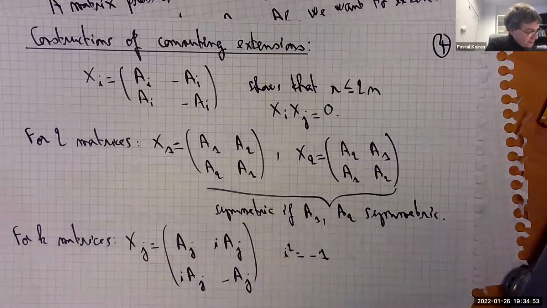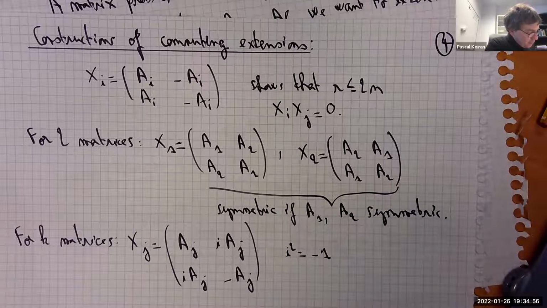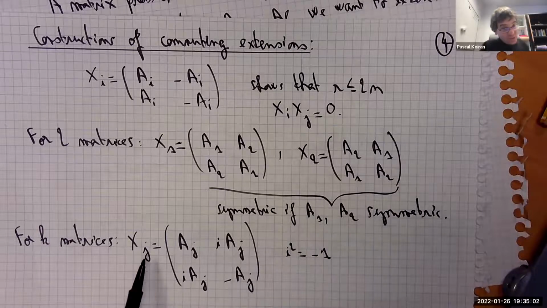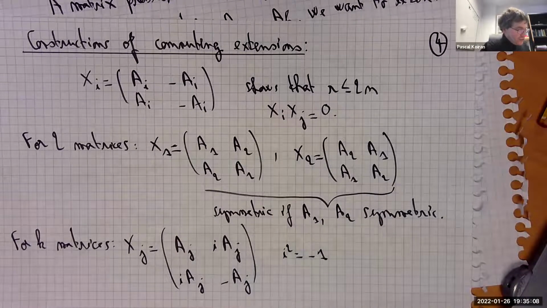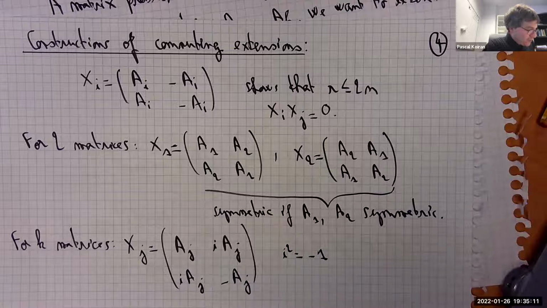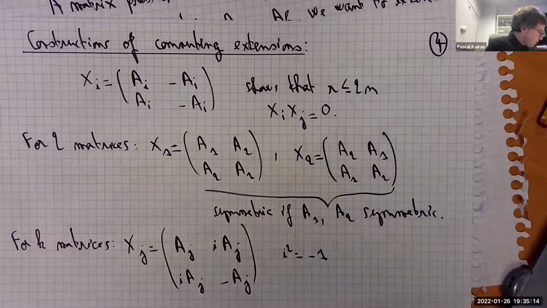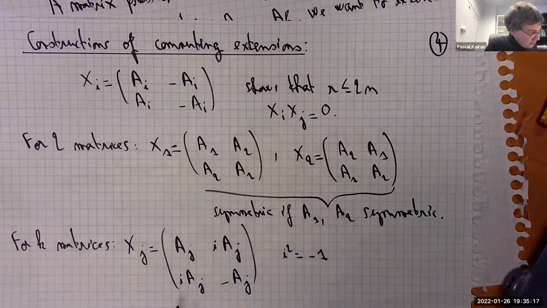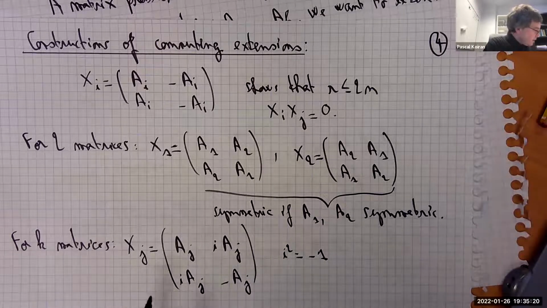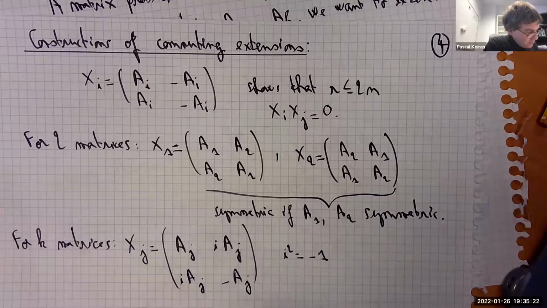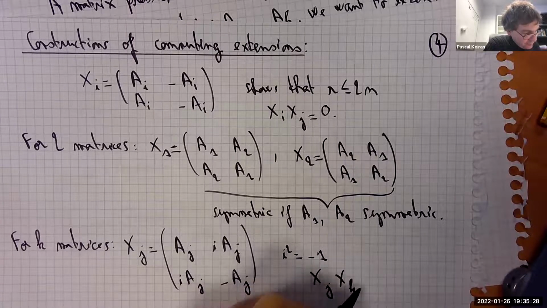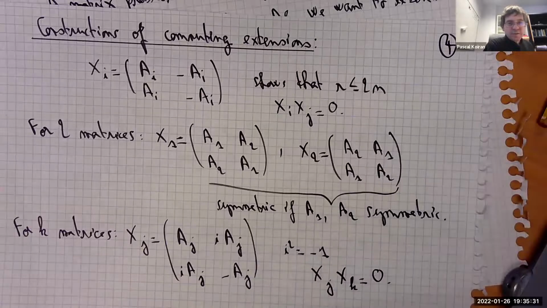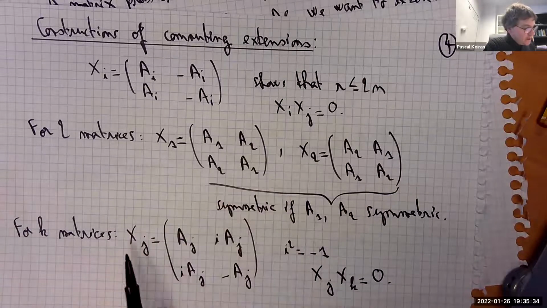And you can see that if my matrices Aj are symmetric, then Xj also is symmetric, but of course it's not real. So there seems to be a difficulty with real symmetric matrices in constructing small extensions, and we will see that it's not a coincidence. Again, the reason why these matrices commute is that all the pairwise products are 0, just like here. So in particular, these matrices are all nilpotent matrices.